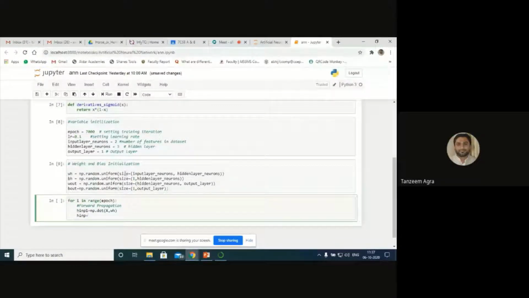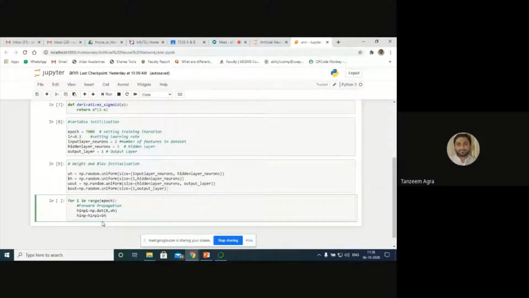In the other hidden layers, HINP1 plus bias. The bias is already stored in BH. Whatever value you are getting from this HINP, which is nothing but the value of the polynomial equation, x1 into w1 plus the bias value, pass this value to the sigmoid function.